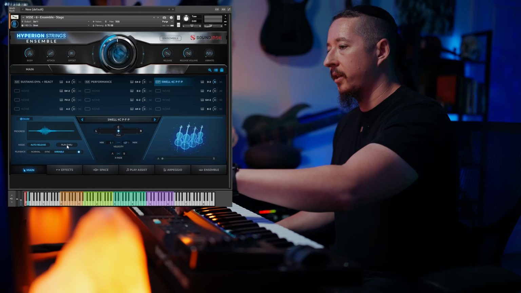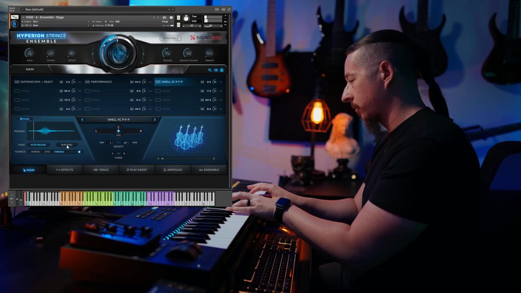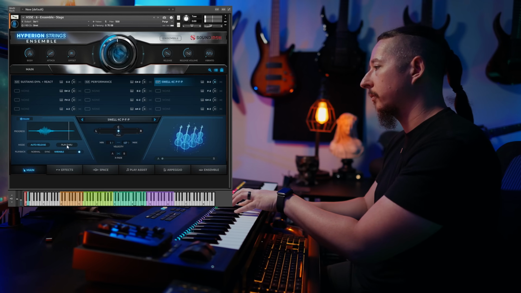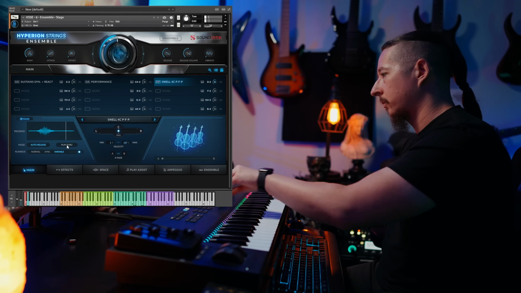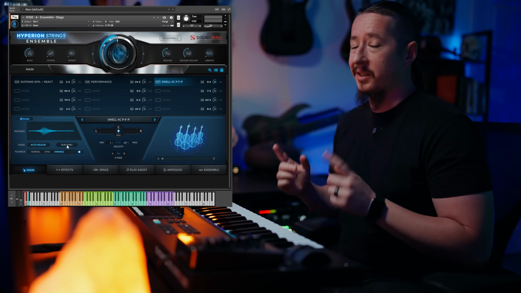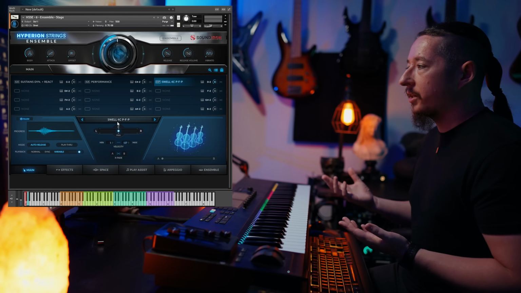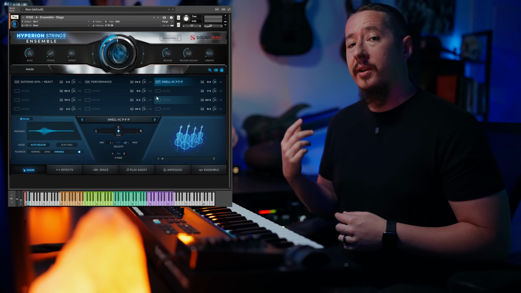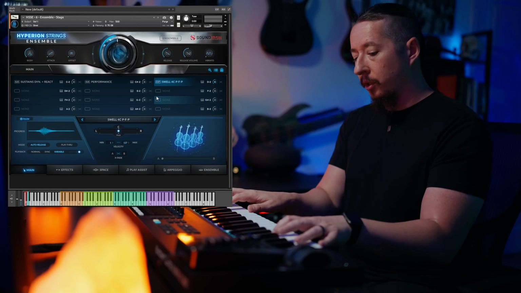Or if you want to increase it, you can hear it played back really fast. So you have even more flexibility as far as being able to shape the speed of these expressions using these different playback modes. Everything you've been hearing so far is just using the ensemble patch, and these are great for being able to quickly sketch, and I really like sketching using some of these different expressions because it's so much more inspiring, I think, to just be able to load up an ensemble